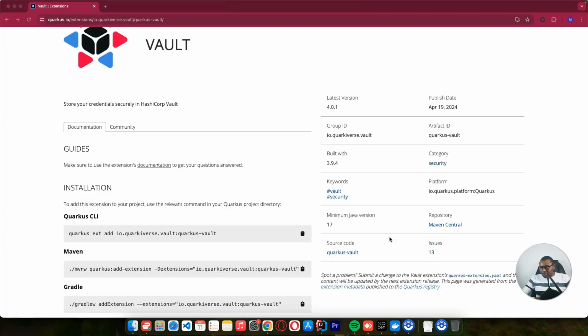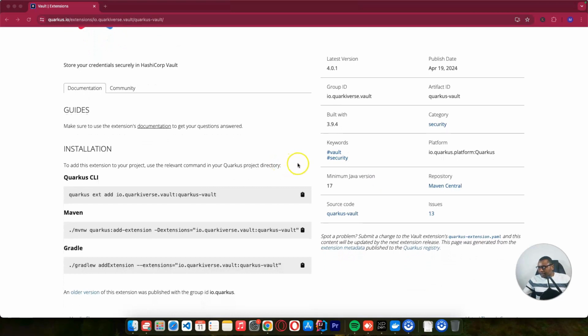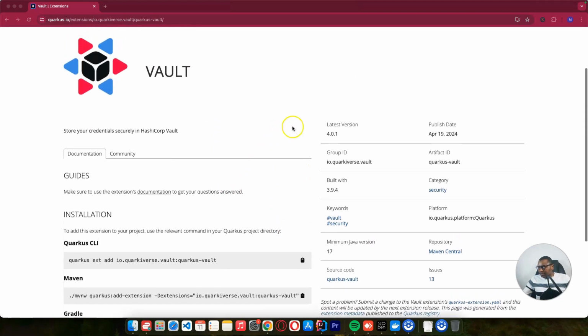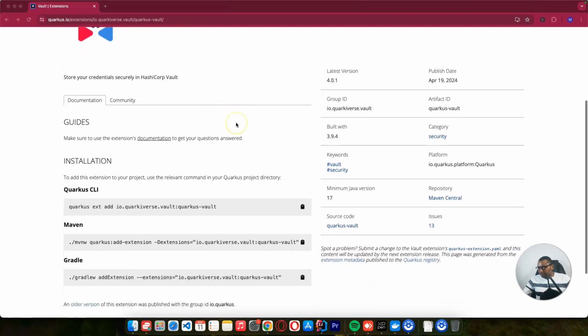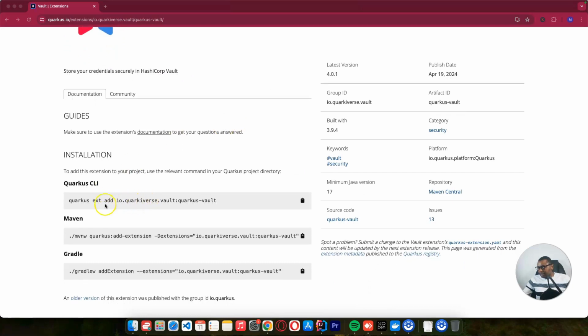So in this tutorial, I want to show you step by step how to integrate with HashiCorp Vault. We are going to run a Docker container and then connect to it, create some test credentials, and add them to our Quarkus project. If you go to the Quarkus extensions, you can see we have this Vault. From this, this is how you can add the